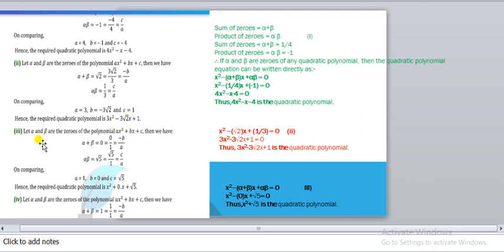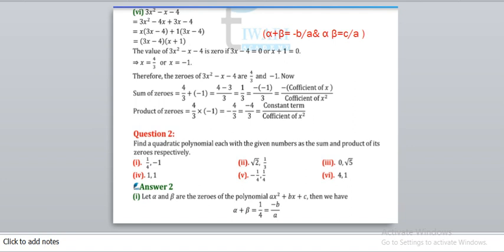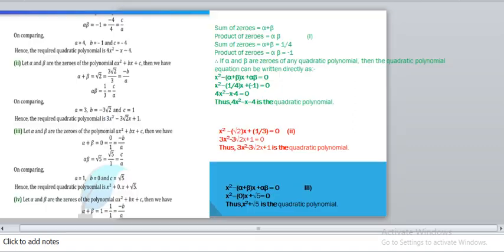Now the third equation, you see. Whatever the question given to you, the sum of the zeros is given 0, and the product of zeros is given root 5. So here either you can put directly: alpha plus beta is 0, alpha into beta is given root 5. So 0 we can write as 0 upon 1, and root 5 as root 5 upon 1. So a value is what on comparing? 1, and b value is 0, c value root 5. Again put in the equation, you get this.